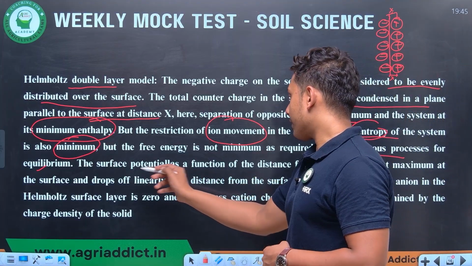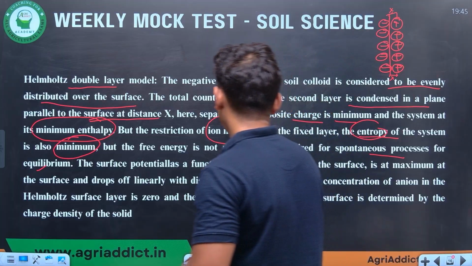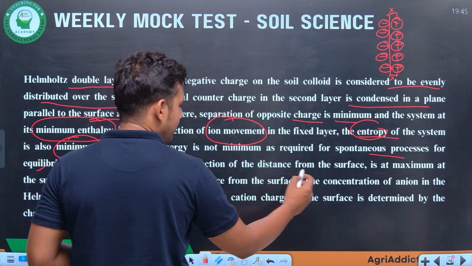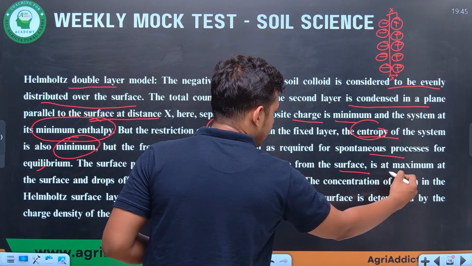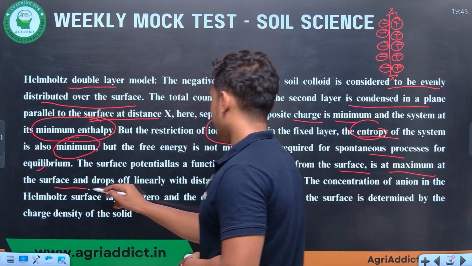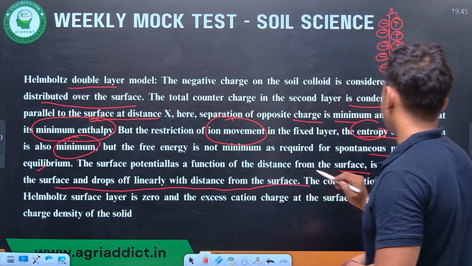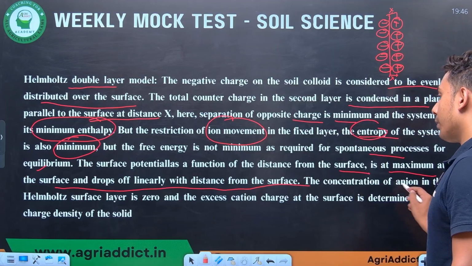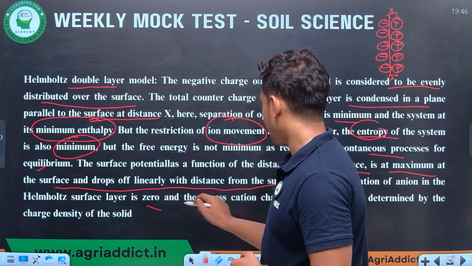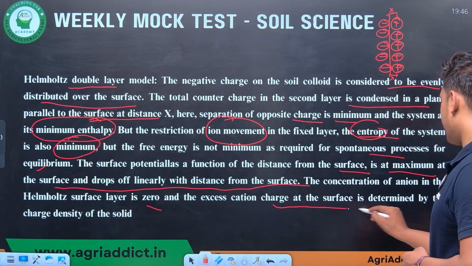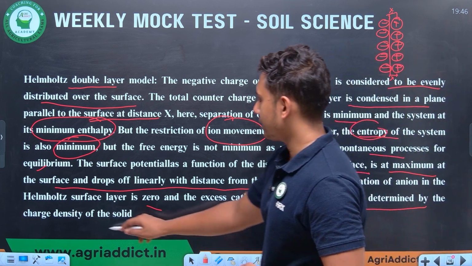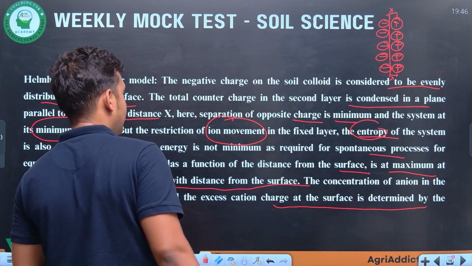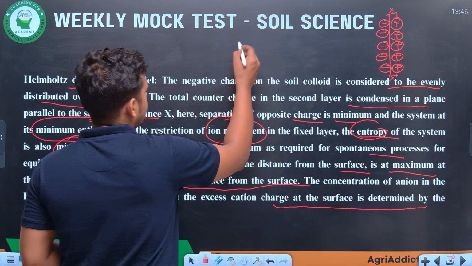And the surface potential, as a function of the distance from the surface, is at maximum at the surface and drops off linearly with the distance from the surface. The concentration of anion in the Helmholtz surface layer is 0, and the excess cation charge at the surface is determined by the charge density of the solid. So what does it say? That the surface potential